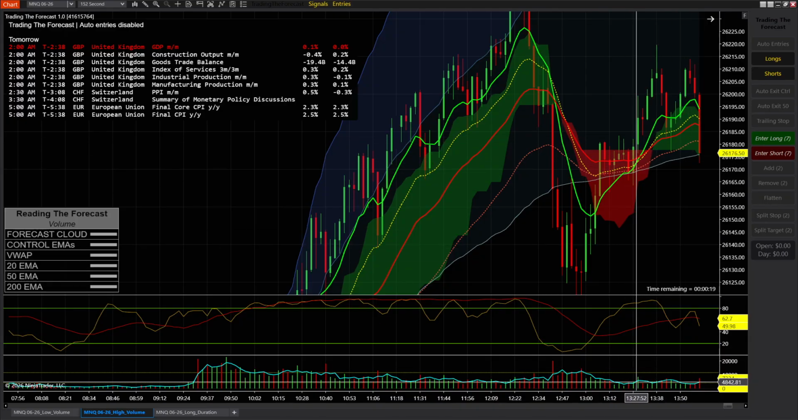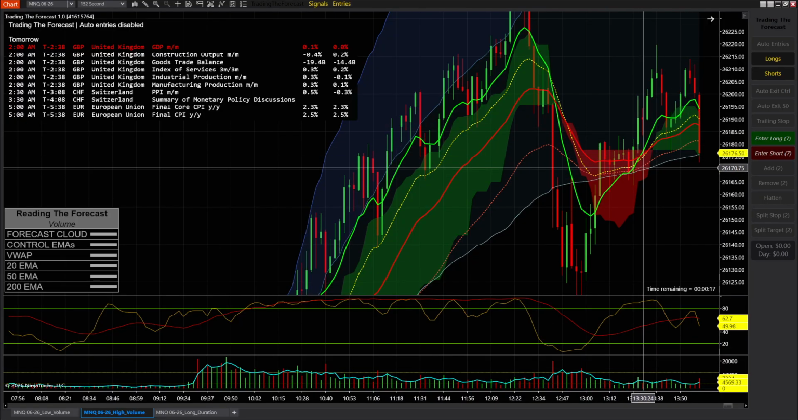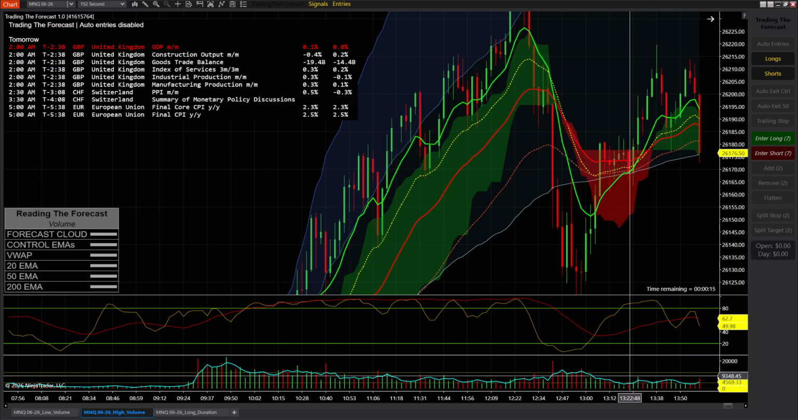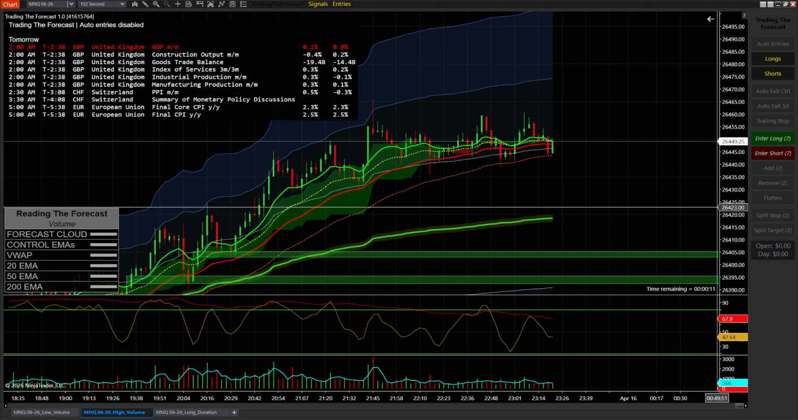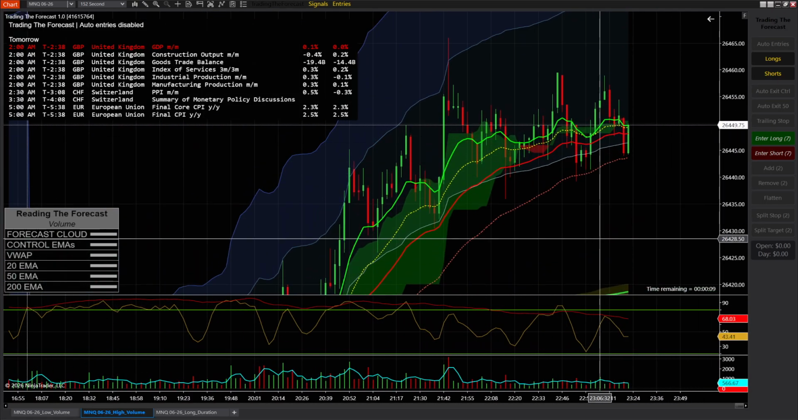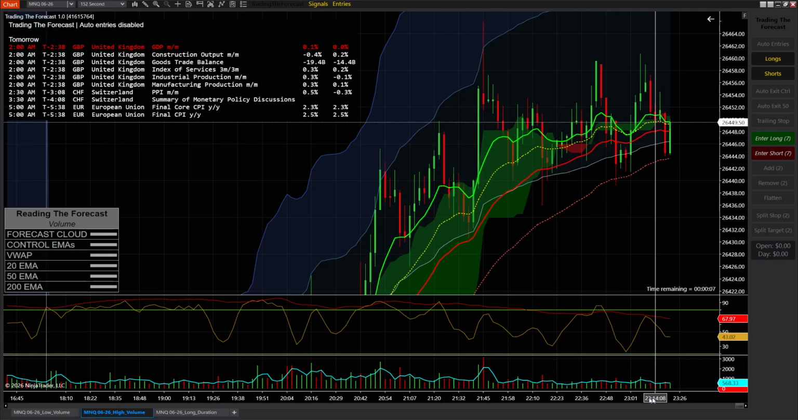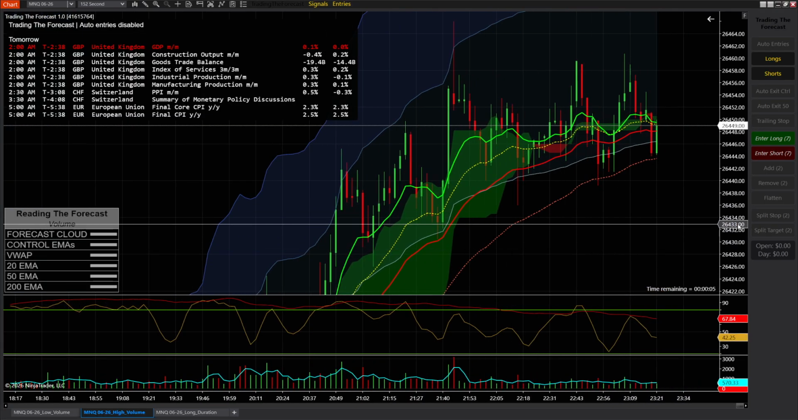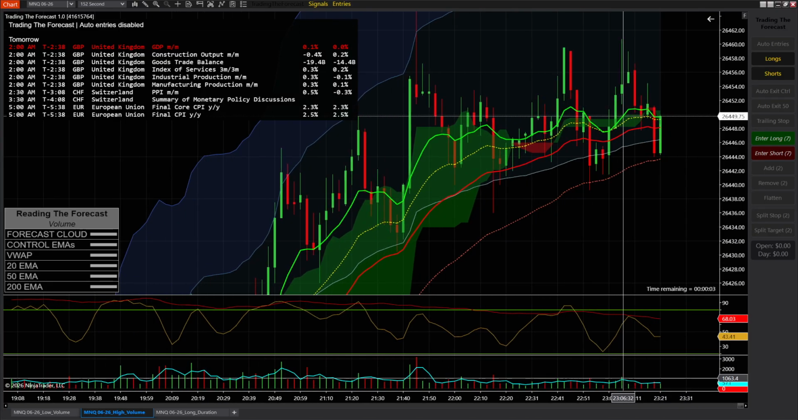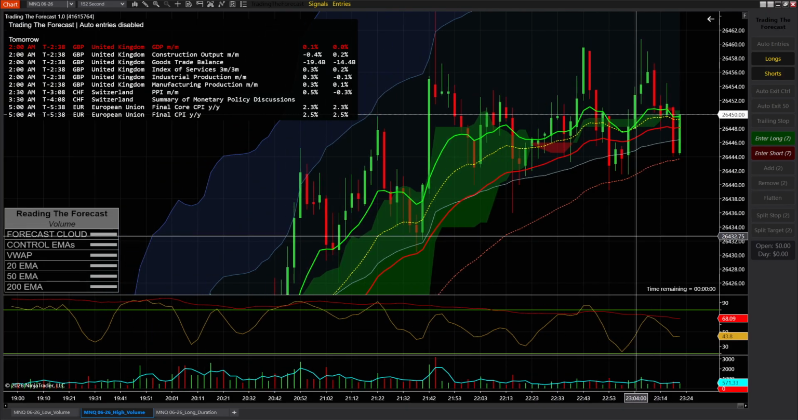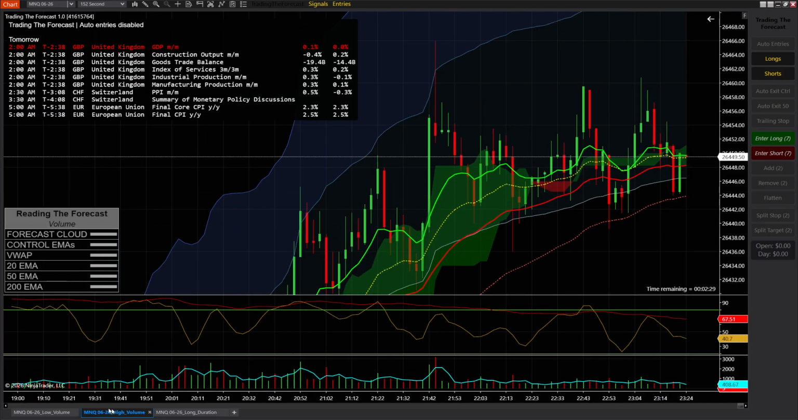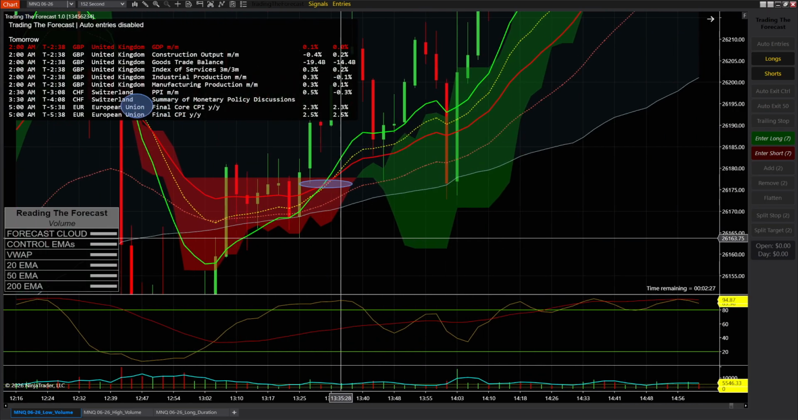The short would have been great. The short would have been, or I'm sorry, the long right here would have been great. So the long would have been a good trade if you were in at that time, but you would have had to be there for the alert and get in on that. So that's basically how your control EMAs work to give you your signal,